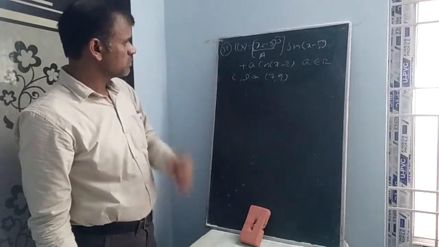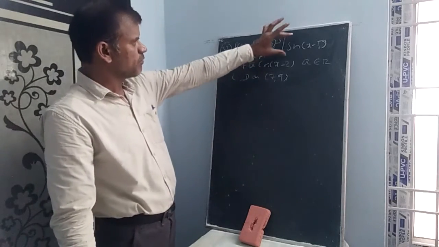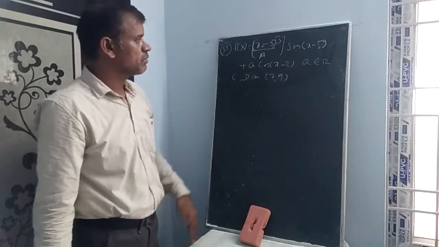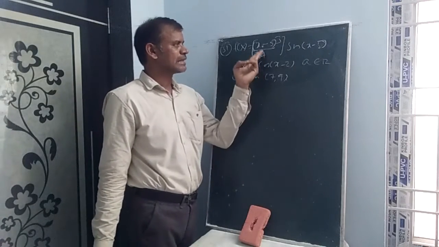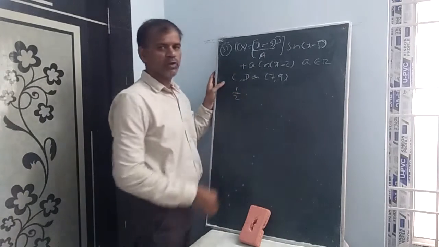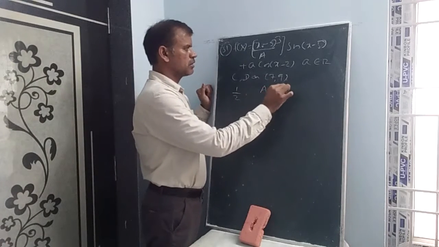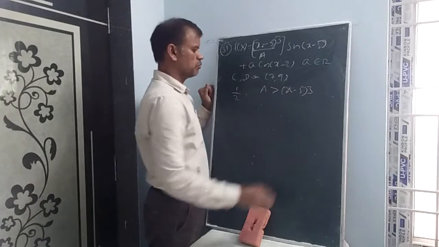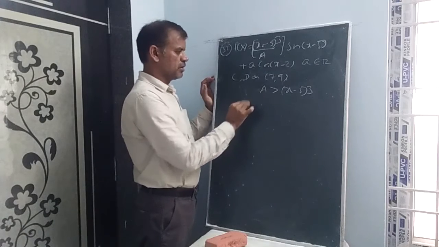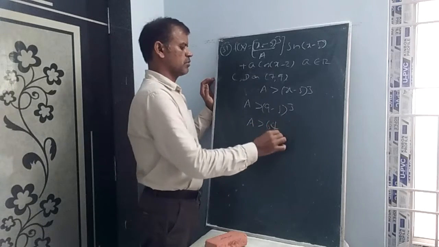Whenever it is continuous, a belongs to R, according to the definition, this may be 0. If you are equating this to 0, then the step value should be 0. So the step value is 0 when the denominator is greater than your numerator, for example 1 by 2 is 0.5, step is 0; 2 by 3, 3 by 4, like that. So a greater than x minus 5 whole cube. Here it is differentiable on 7 comma 9, so apply the greatest value: a greater than 9 minus 5 whole cube, a greater than 64. That's all.